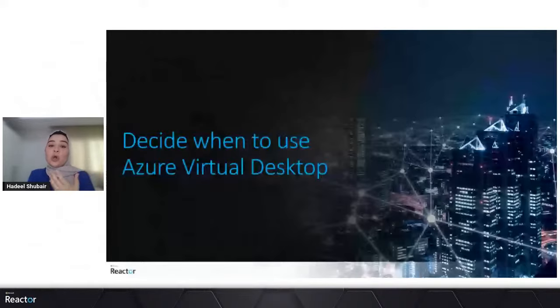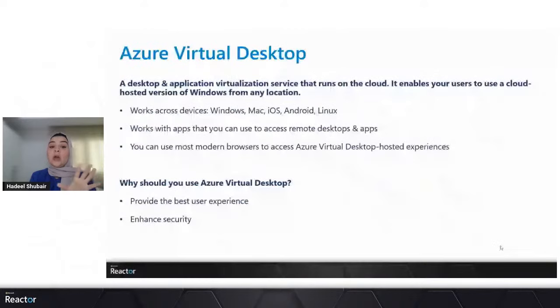Since it supports a hosted version of Windows, it works across different devices such as Mac, Windows, Android, Linux, and iOS. It works with several applications that you can use to access remote applications, mobile applications, and desktops as well. And you can use most modern browsers to access it.